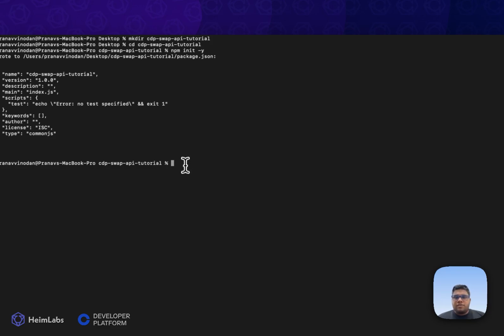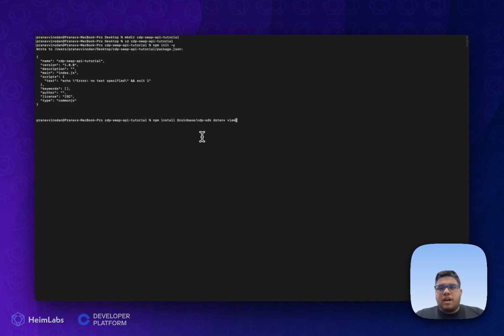Once that is done, we'll install all of the dependencies that would be required for this project. I already have them over here. We have the most important dependency for this project, the Coinbase CDP SDK. This is the main CDP backend SDK. It handles all of the Wallet API v2 configurations and the new Swap API configurations as well. We'll be using various methods from this new SDK and building the script around it. Next we have dotenv for managing environment variables and viem for various utilities to interact with the blockchain.